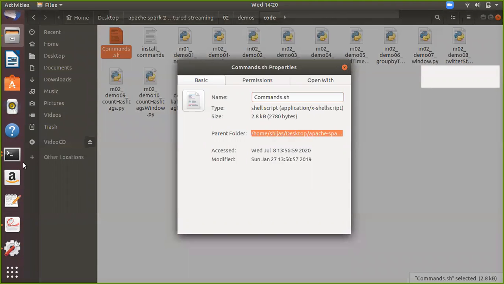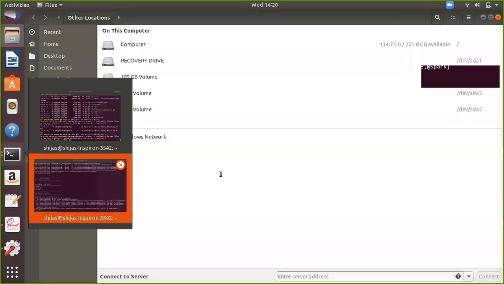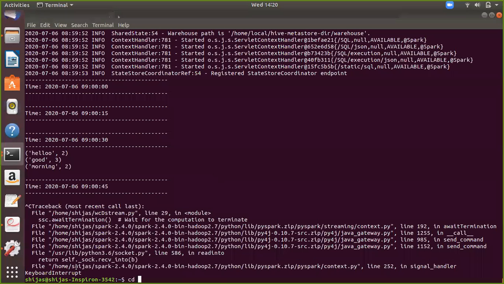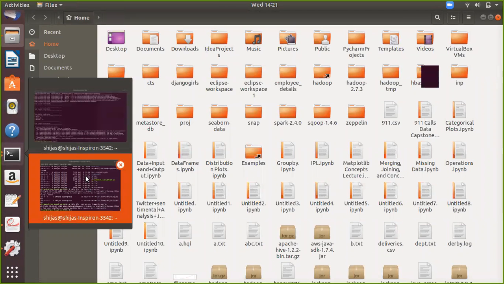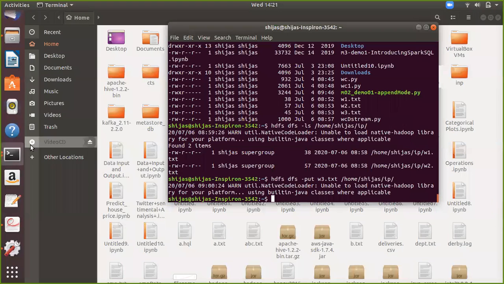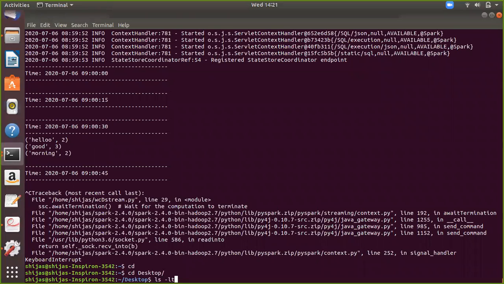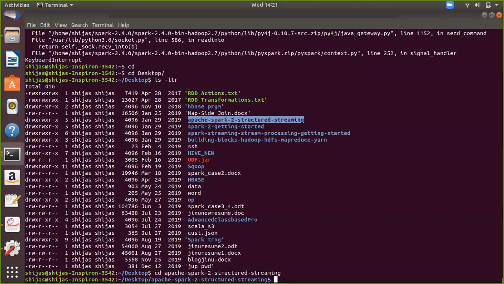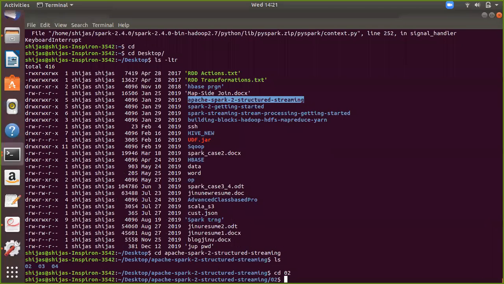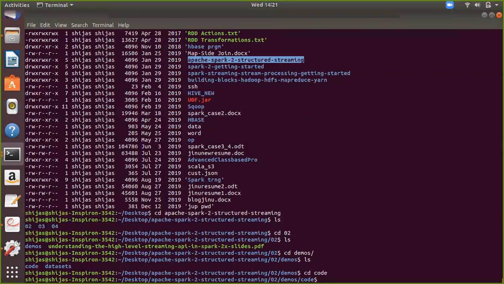Copy. Go to the code, and here we have the latest code.